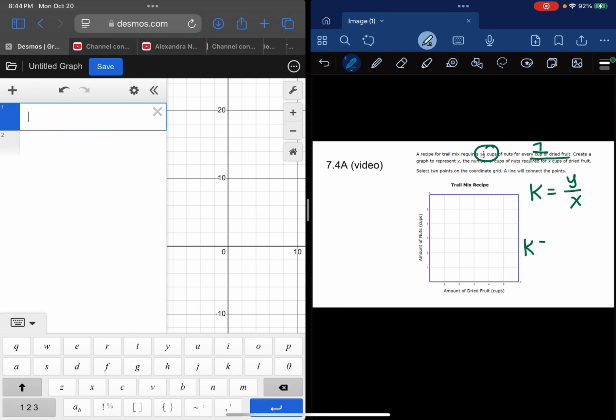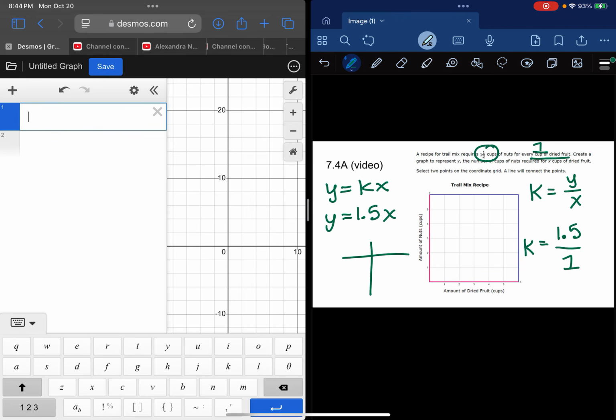So k would equal 1 1/2, which is 1.5, divided by 1, which just gives me 1.5. So now I can find my equation. My equation is in the form of y equals kx, where k is 1.5. So now I just need to find 2 points that belong on this graph, and I can do that by